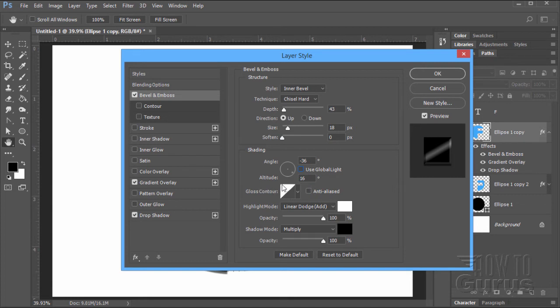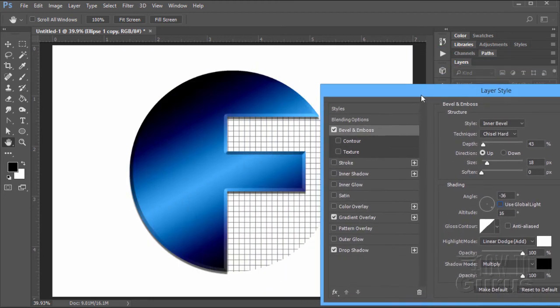I'm using the default gloss contour. I've changed the highlight mode here to linear dodge add. I'm still using black and white on those. I set the opacity to 100% for the highlight mode, and on the shadow mode I'm using multiply, black, and opacity of 100%. So a few little changes in here on the settings to give us that nice kind of